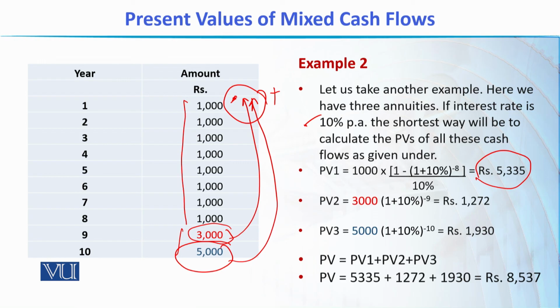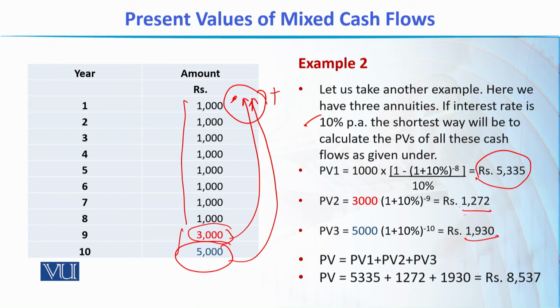So you can have a look at this. It is like 1272 and 1930, and ultimately we add all these three values, 5335, 1272 and 1930, in order to get the total present value of this mixed cash flow, which is